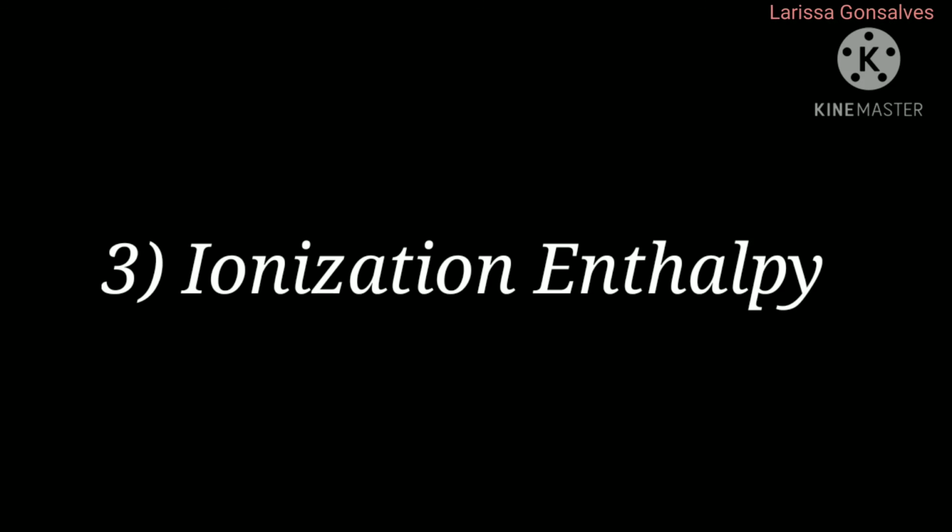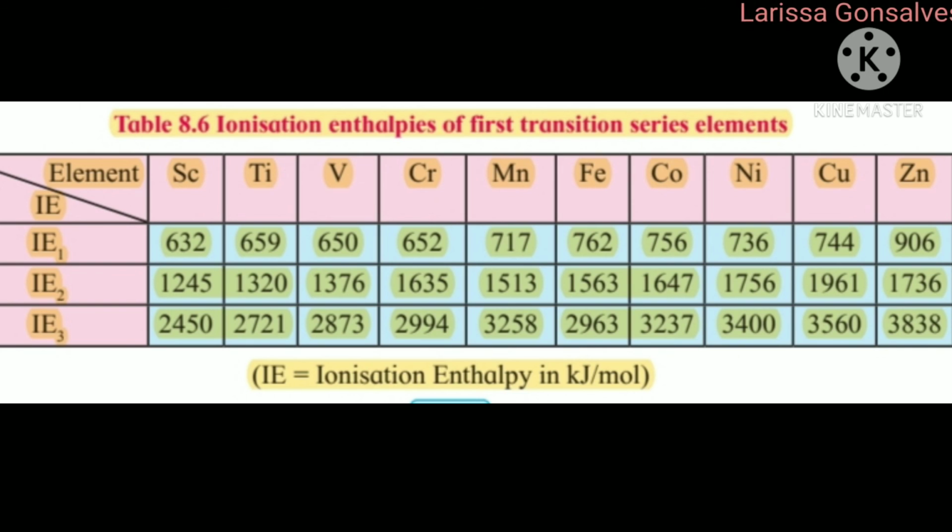Transition elements with lower oxidation states form ionic compounds, and with higher oxidation state they form covalent compounds. This table shows the 3 ionization enthalpies, and there is an increase observed in the first ionization enthalpy to the third ionization enthalpy. First ionization enthalpy is represented by IE1, second as IE2 and third as IE3. We know that the atomic size of the transition series elements decreases as we move from left to right, hence more is the nuclear charge. So greater the nuclear charge, more ionization enthalpy is required to remove the electron from the valence shell.